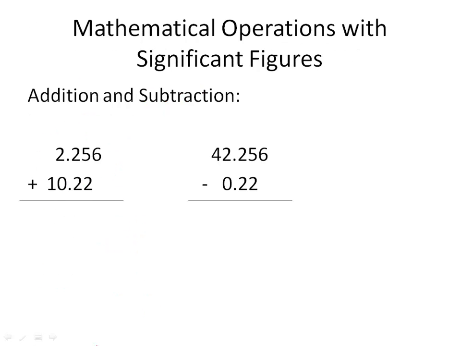All right, when we're doing mathematical operations with significant figures, our answer can only be as precise as our least precise measurement. There are 2 separate rules, one for adding and subtracting, one for multiplying and dividing. When we're adding and subtracting numbers, we only look at what's to the right of the decimal point. So when we put this number on our calculator, what are we going to get? We're going to get